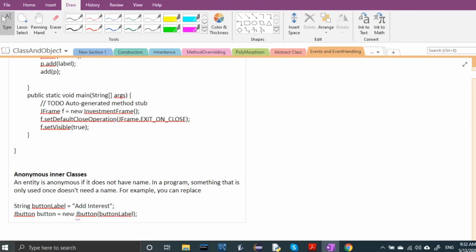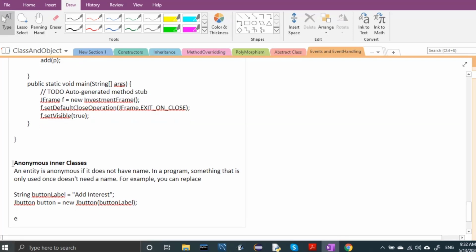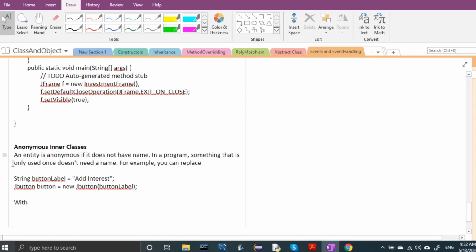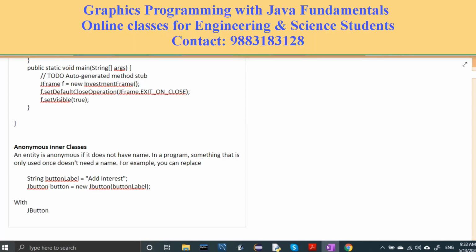When I have defined it, directly JButton, new JButton, and in that bracket I have written add interest. Just a minute, I've made a mistake here.